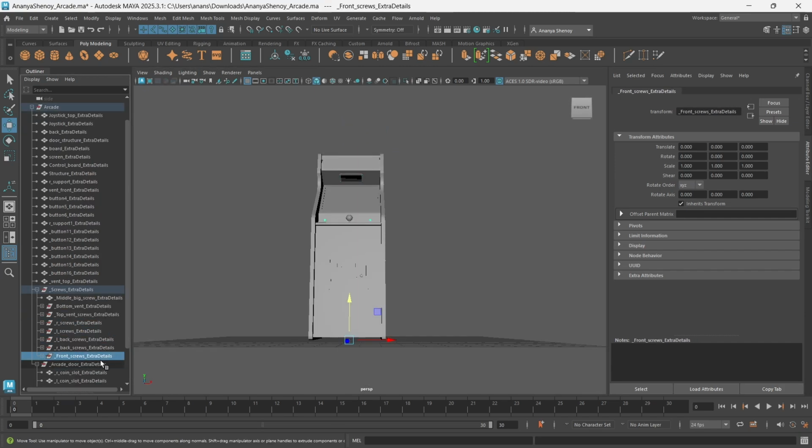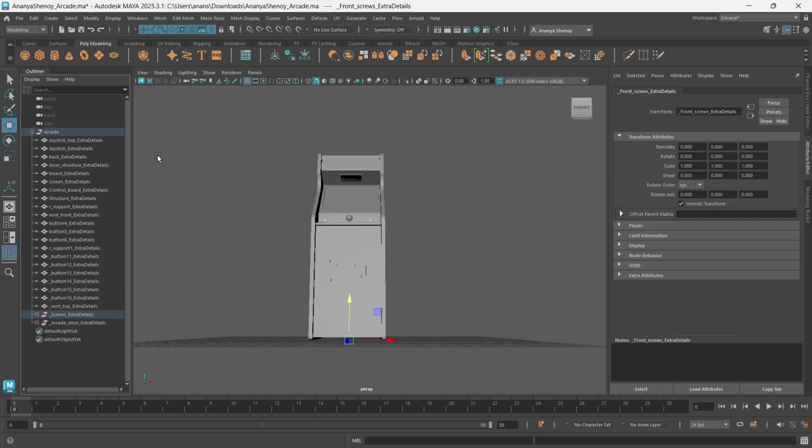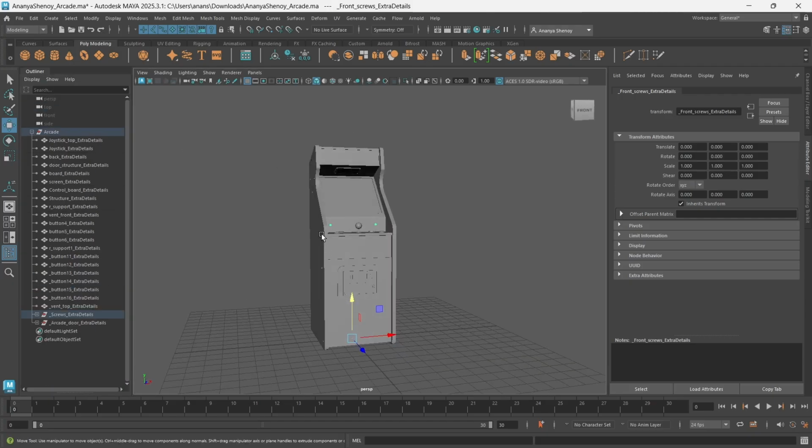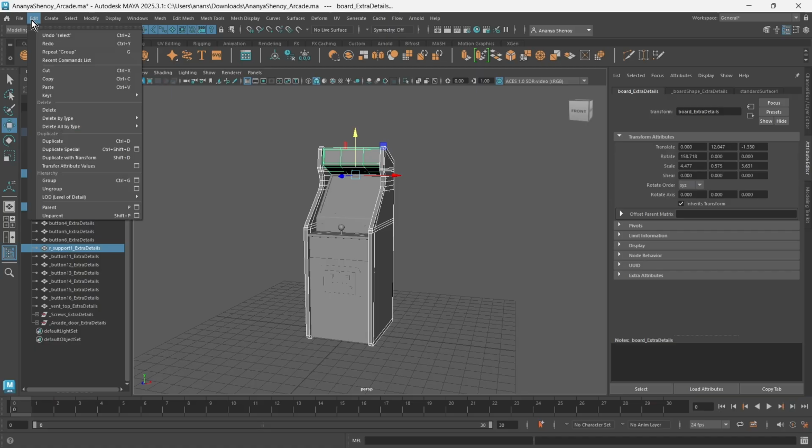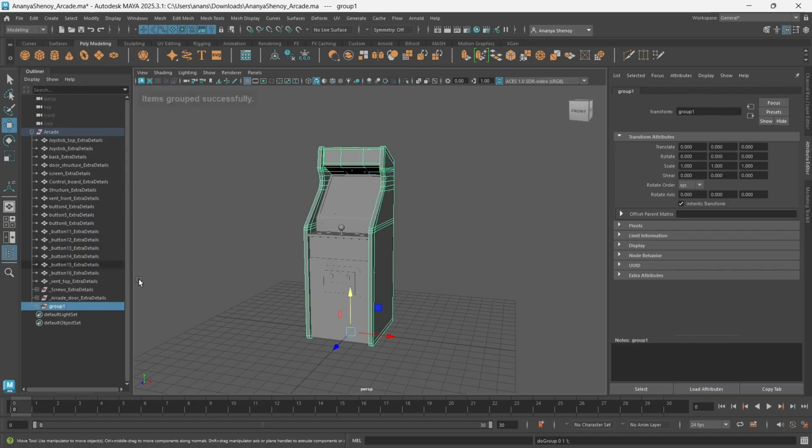And then I have the arcade door. You can organize your file in any way that you wish, but basically how you would do this is, if you had your side panels, for example, and the stop, you wanted to put that in a group, you would go up to edit group, and that's Control G is the shortcut for that.